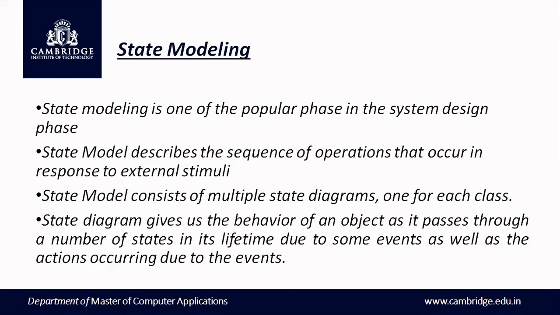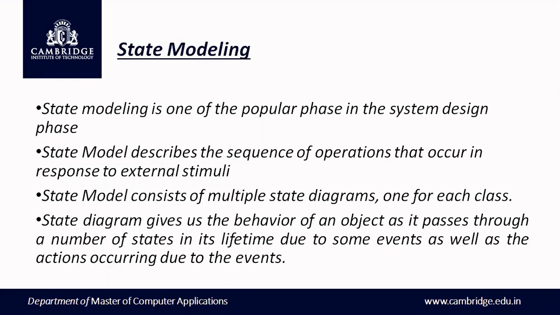So first, when we need to understand a system, we need to analyze the static structure of the system, which is the class model. The class model is a collection of different classes. From the class model, we can understand the structure of objects of these classes and the relationship between each other. The objects of these classes undergo many changes in their lifetime. These changes are nothing but the states that can be represented using the state model.